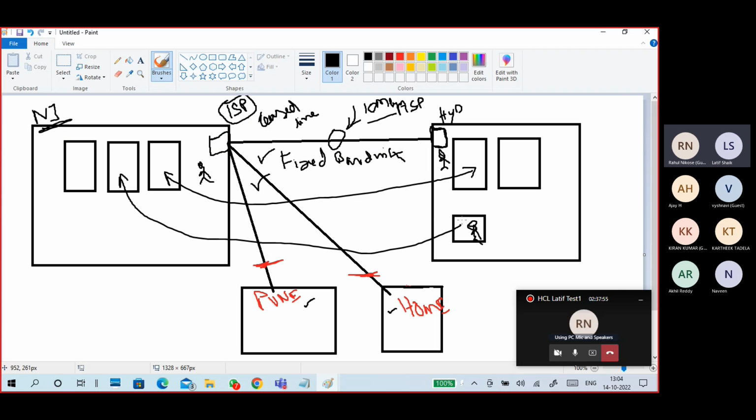For example, this person wants to work with this database. The database server is here, and the database client application is on his PC. Because of this dedicated connection, he can access this database from his PC.